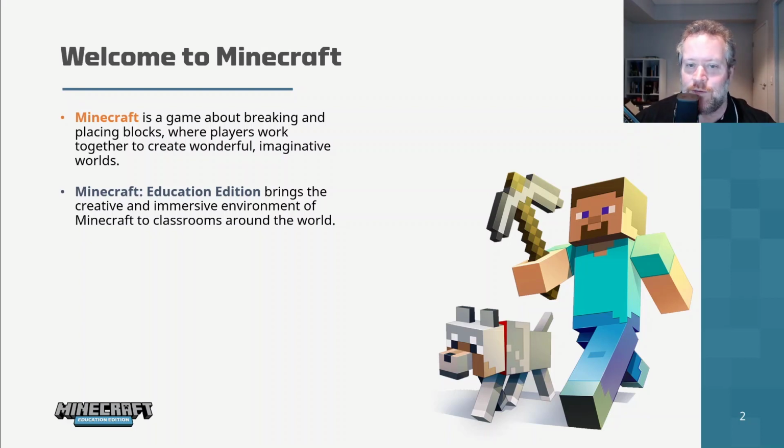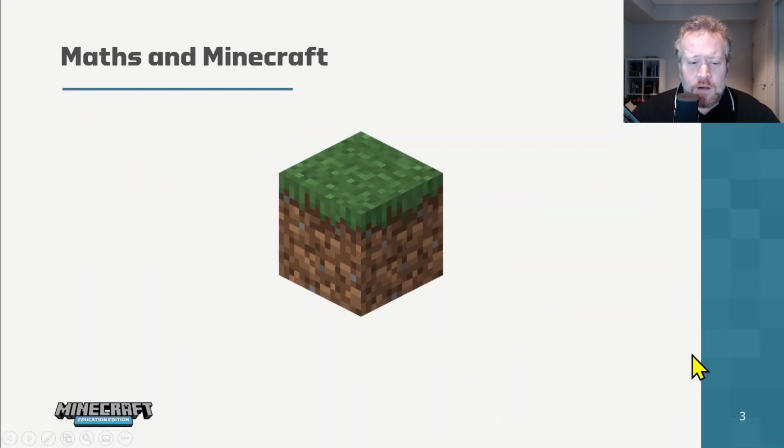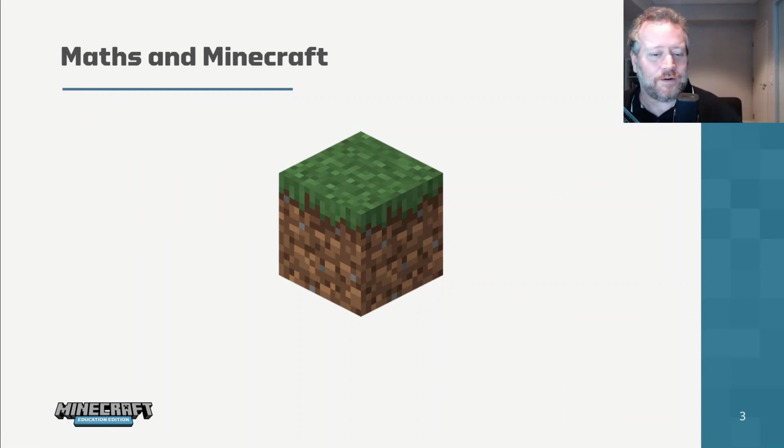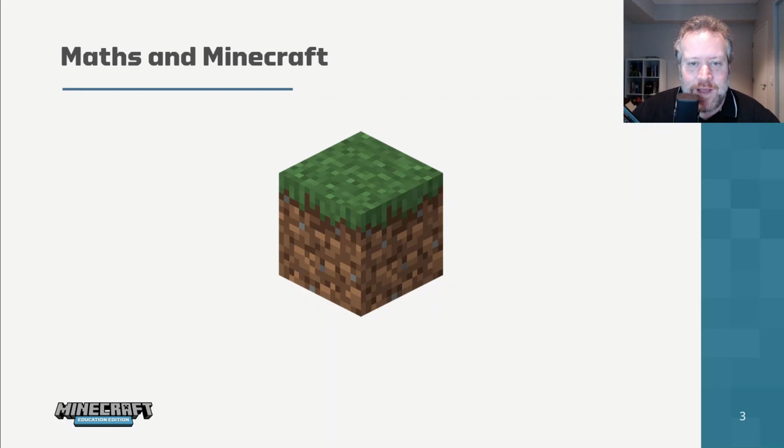The Education Edition brings the best parts of the Minecraft game together with some educational features, as well as a whole lot of worlds or lesson activities that you can use with your students. So Minecraft is really just a kind of a great big sandbox. Students can build with blocks, and generally the blocks are assumed to be 1 meter cubed, which makes it an ideal workspace to learn about all sorts of different maths